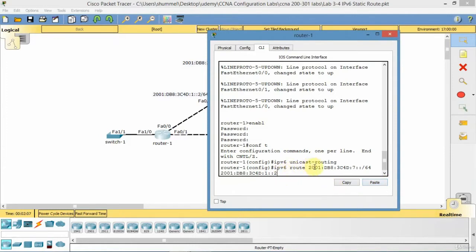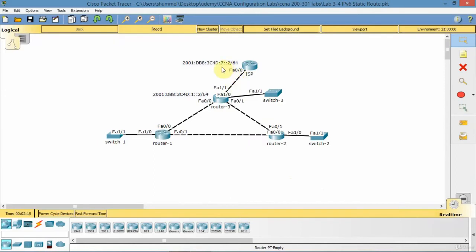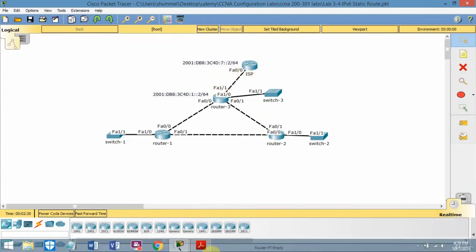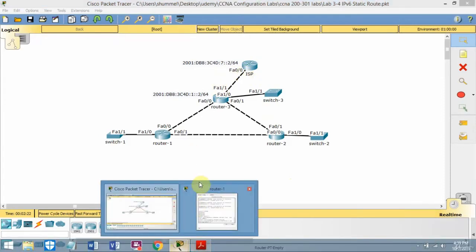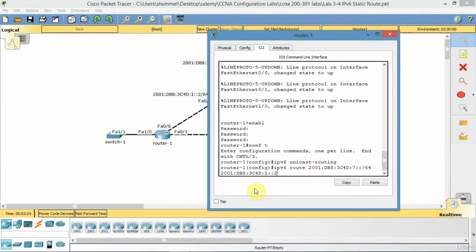So to get to destination 2001:DB8:3C4D:7, that's a 7 subnet, and that's this 7 subnet here. The 2 is the host ID of this inside interface on the ISP router. So that's what the command is saying. To get to that subnet, use this route